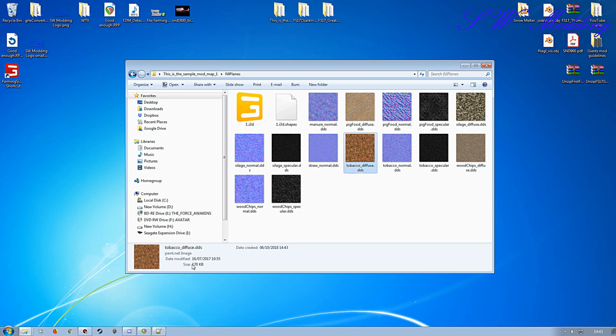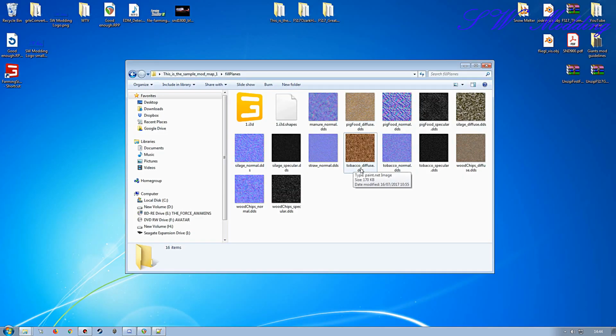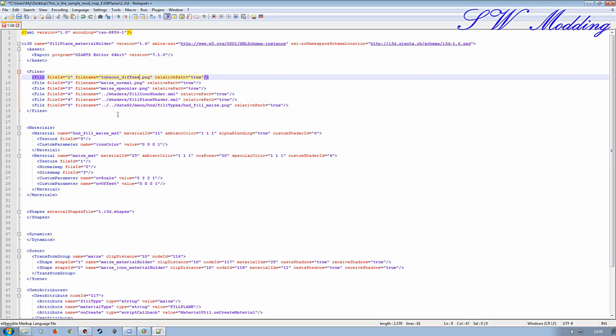I mean, these aren't exactly massive files, so it's not going to really cause any problems there. So I'm going to take the name here, and I did actually spell it correctly, so fantastic. So let's take that from there, and we'll overwrite this one, and we'll just take that from there and just overwrite all of these